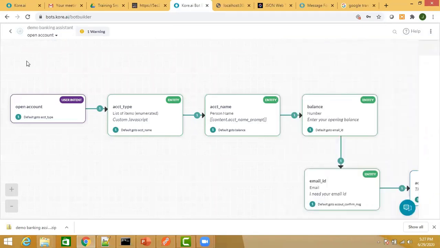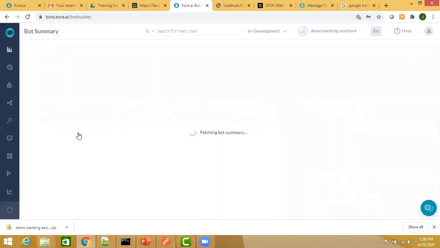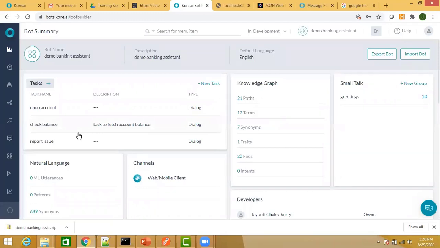If there is a possibility that your bot is going to be multilingual, it is always advisable that if you don't want to manually go and make changes in the individual prompts and messages after you have enabled the new language, you can define all those prompts and messages in content variables.